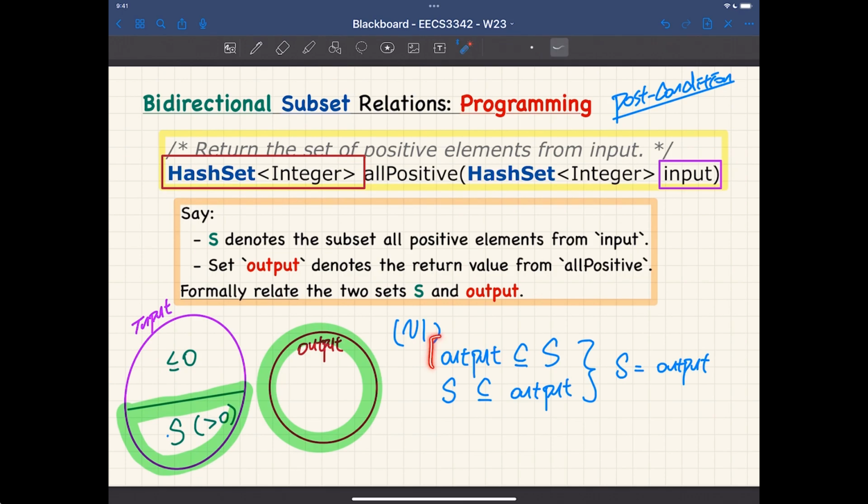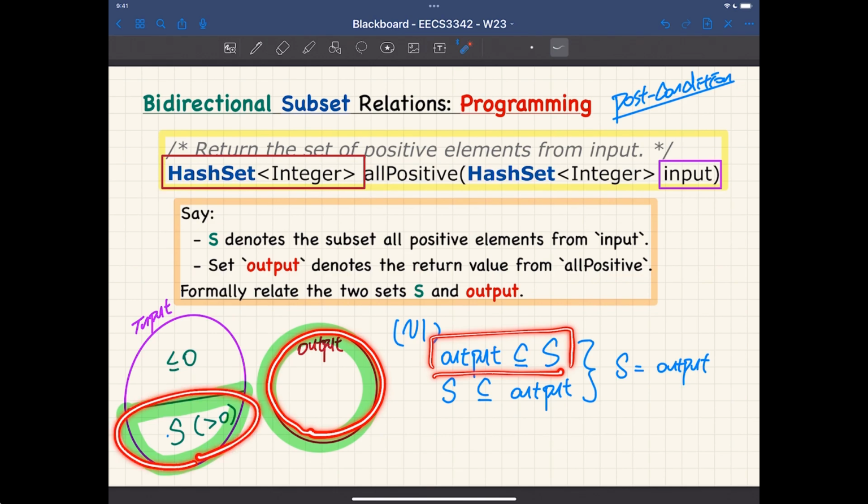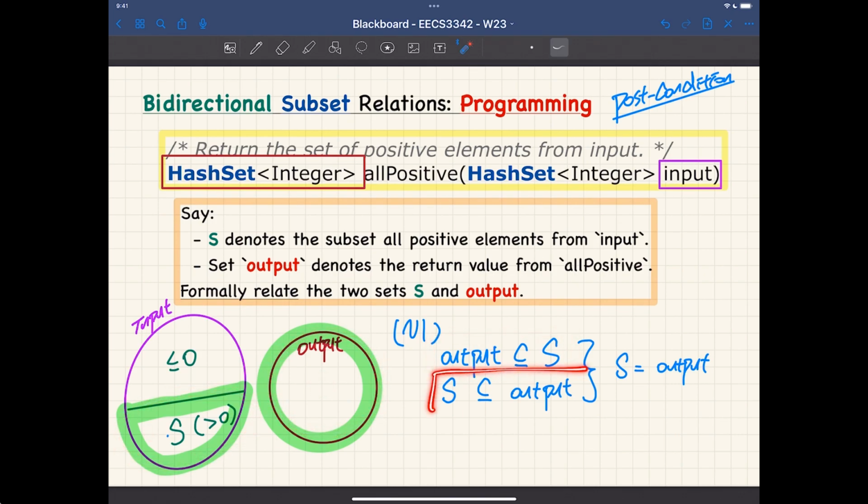When we say this, we're saying that everything that's in the output should be in S, right? So we don't include anything in the output that's not even here, number 1. Number 2, when we say this is a subset of this, the easiest way to put it is we didn't miss any elements from here. Everything's in the output. It's very important for you to know both are required. If you miss any one of them, you'll be in trouble. That's why when we say formal specification, it should be complete.